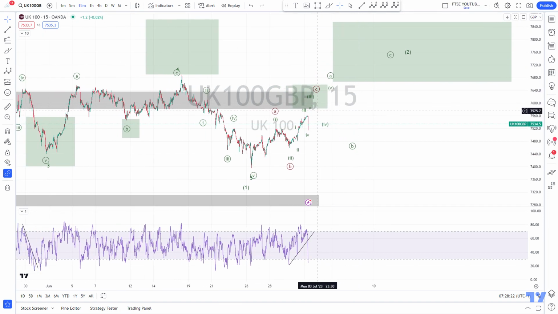I think it's important that if we reach this area here, we should end 5 waves up from here, 1, 2, 3, 4, 5, and that we end here with divergence. This looks good. We broke this RSI trend line, so normally if we go up again into this area, we will see divergence here. But I'm telling you, the 5 waves and the divergence is really important.